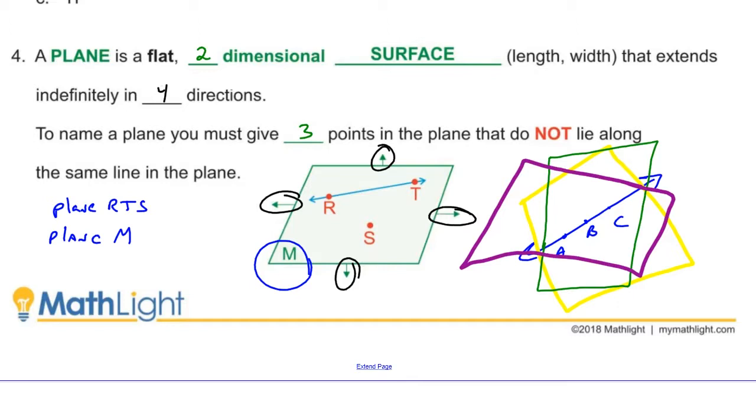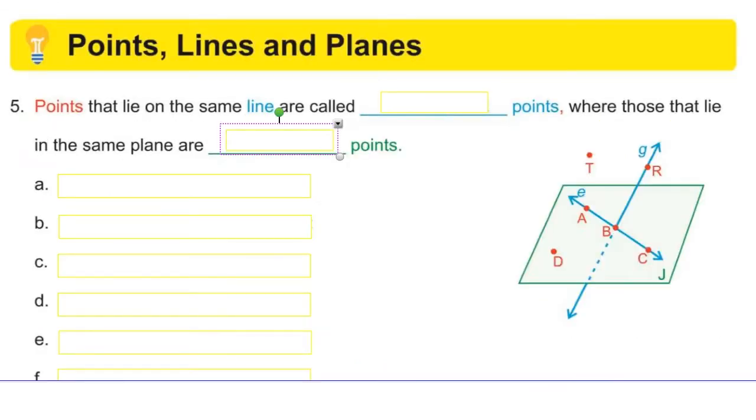All right. What else? Well, how about points that lie on the same line? We have a name for that. What do we call points that lie on the same line? Points that lie in the same line are called collinear points. Collinear. Notice the 2 L's. I always want to spell it with 1, but there are 2. So collinear are points along the same line. You got a pilot and a co-pilot. The co-pilot's in the cockpit, hopefully, with the pilot. They're there together. Collinear, points along the same line.